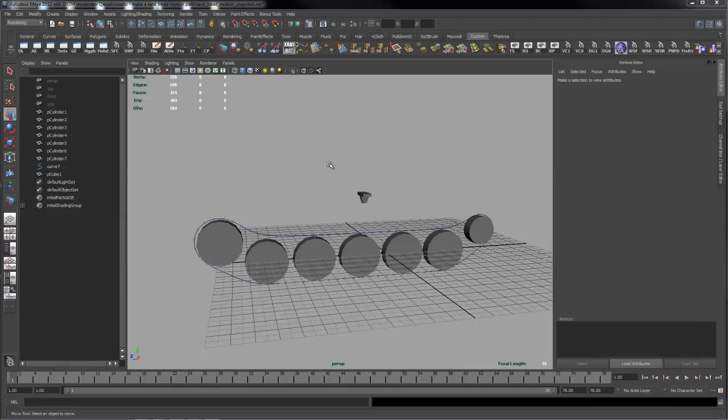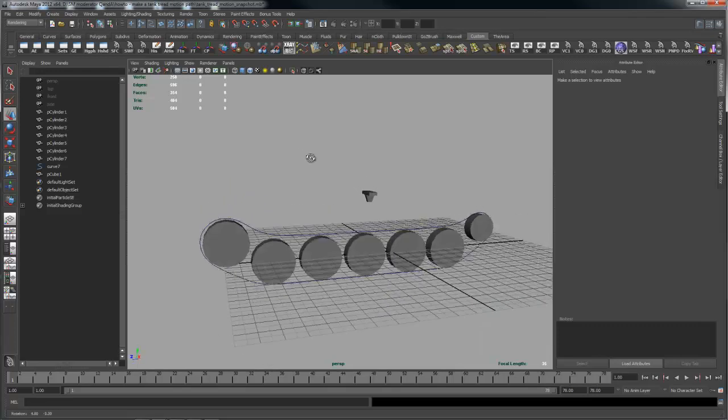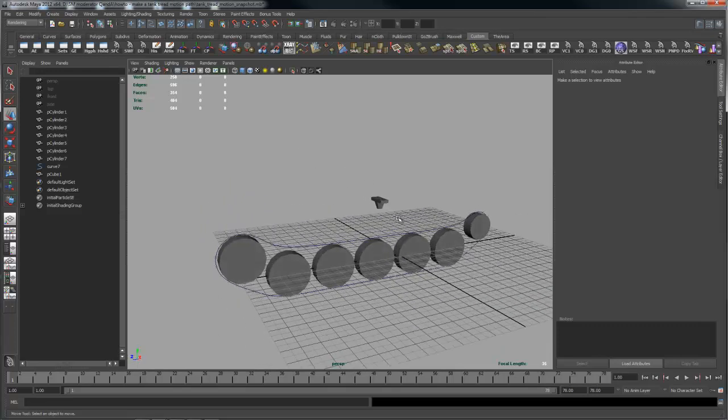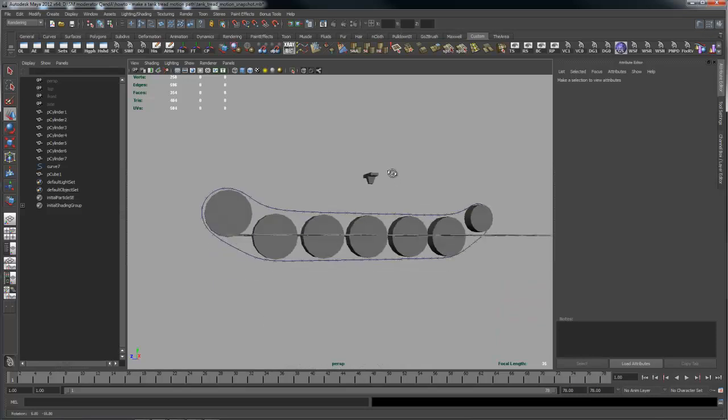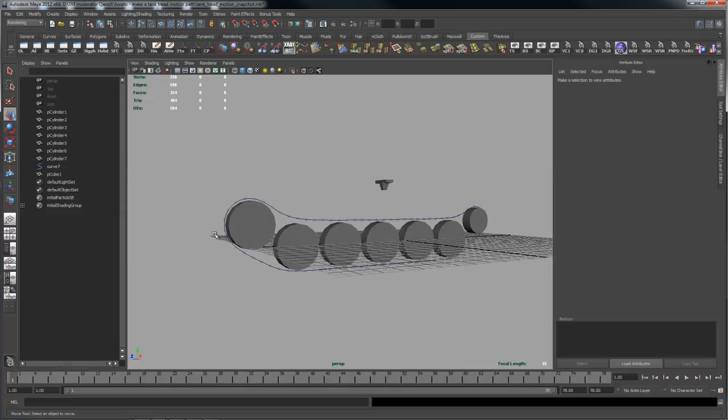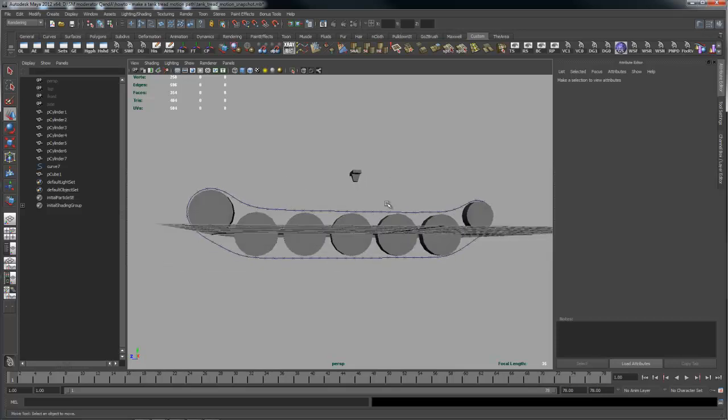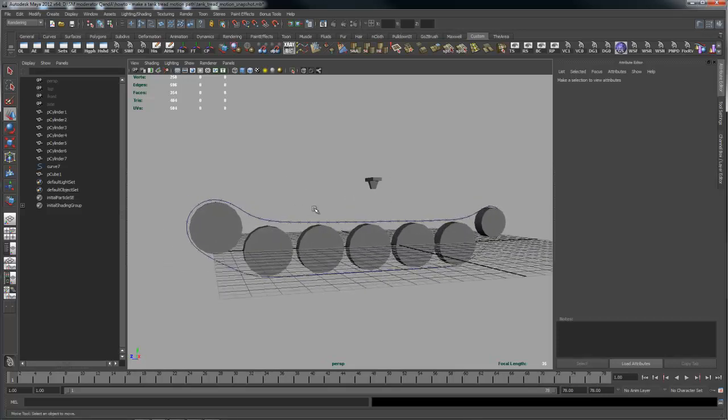CTB Ram is my nickname in the forums, and I just wanted to put this video together because Dave Rave just recently put together a little tutorial that demonstrates how to create a tank track. And I noticed something in the video that's bothered me about motion paths for a long time, and that is